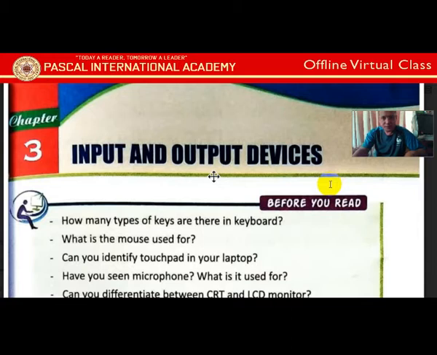So today we are starting a new chapter, chapter 3, input and output devices. But before we start chapter 3, let's revise a few things from chapters 1 and 2. In chapter 1 we learned the computer overview, the meaning, how a computer works and in which fields computers are used. Mostly everywhere it is used, like shops, banks, schools, colleges, and most others. And we also discussed the characteristics of the computer in chapter 1.